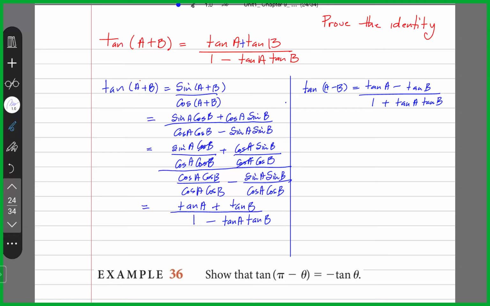Let's change our ink color. Using the identity for tan(A + (-B)),